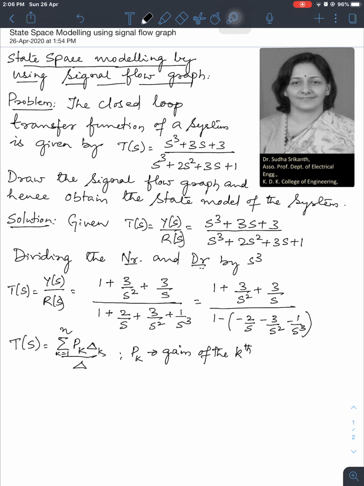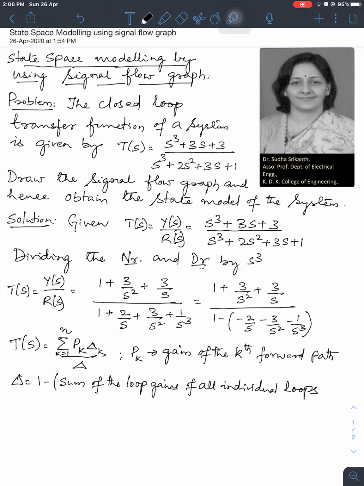We remember this, the kth forward path. And we define this delta as equal to 1 minus the sum of the loop gains of all individual loops, plus the sum of